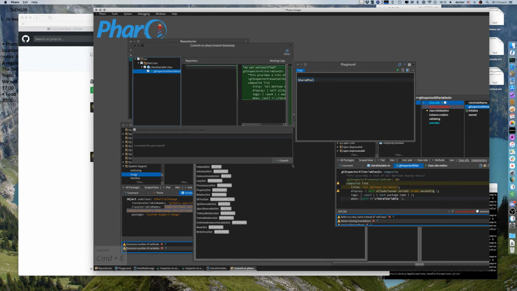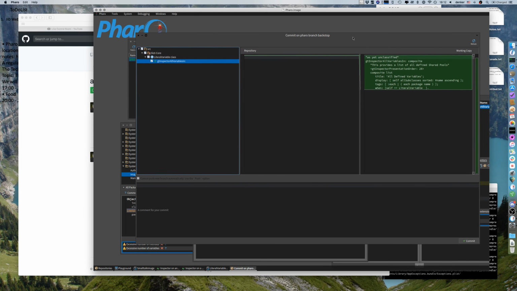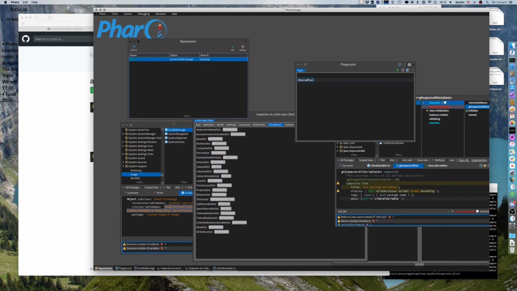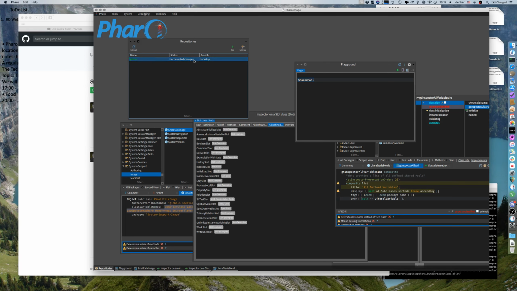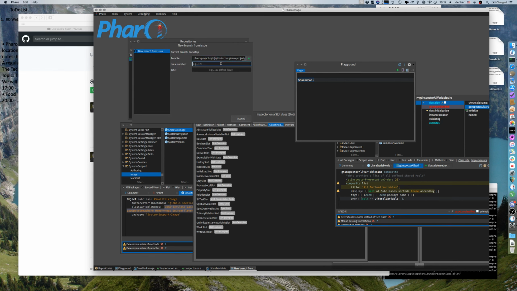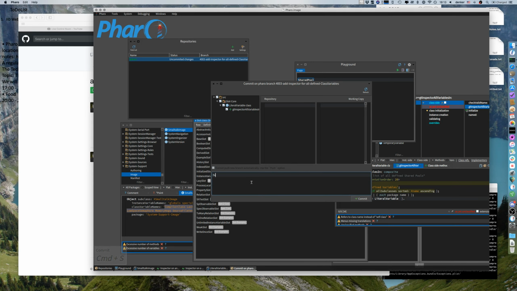So the only change that we did, we added this inspector for literal variables. That when you inspect the class of literal variables, that it will show you all the possible variables that people defined and that you might be able to use in the system. So that's good. Which means we can again do the same thing than before. We can take this number, say create branch for issue on the remote repository, not mine, accept, and we say commit fixes 4003,